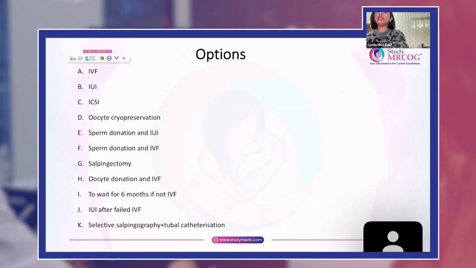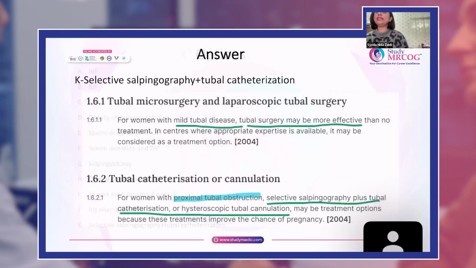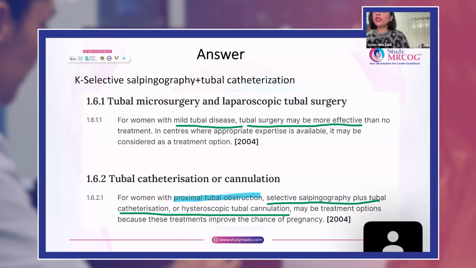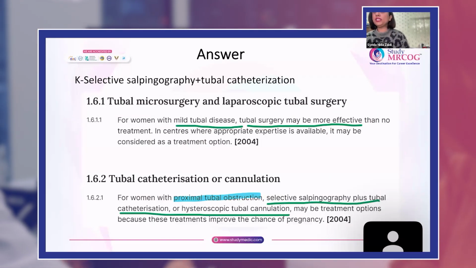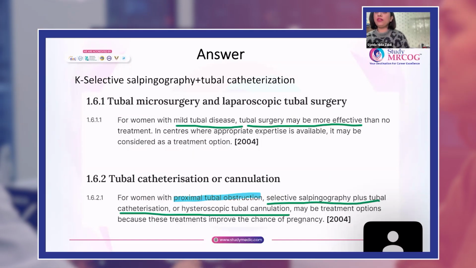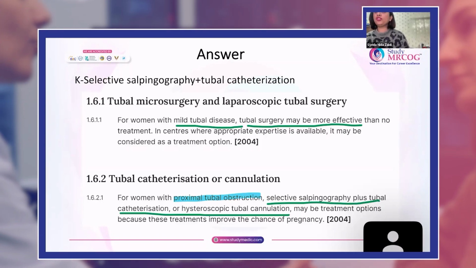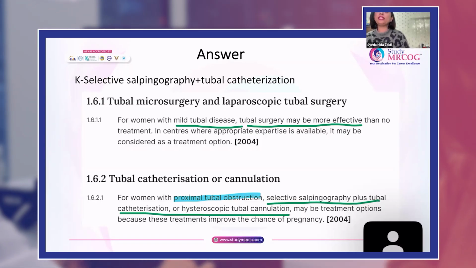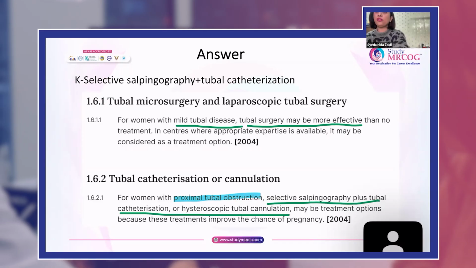salpingography with tubal catheterization. And we know that the NICE guidelines suggest that for a woman who has mild tubal disease, tubal surgery may be more effective. And with proximal tubal obstruction, selective salpingography plus tubal catheterization is the best option that we can offer to these